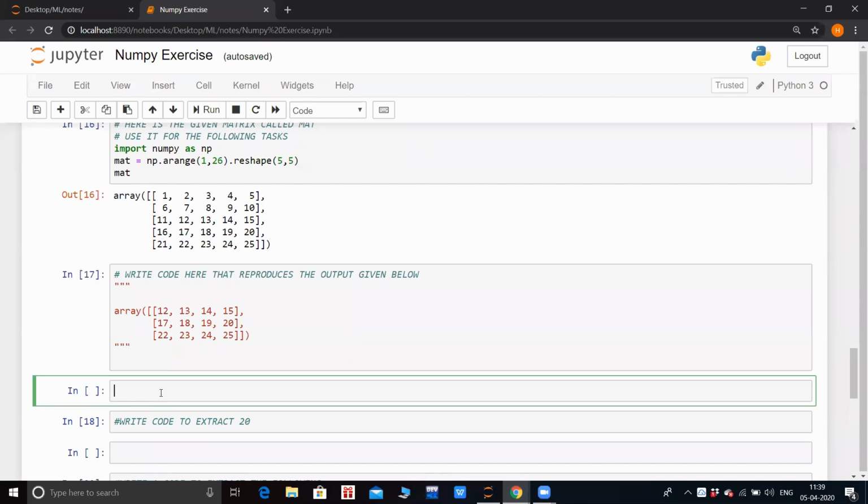If you guys are getting an error, don't worry. My team will support you. All you need to do is click a picture of your error and post it on our WhatsApp group. Any one of the volunteers will be very happy to help you.